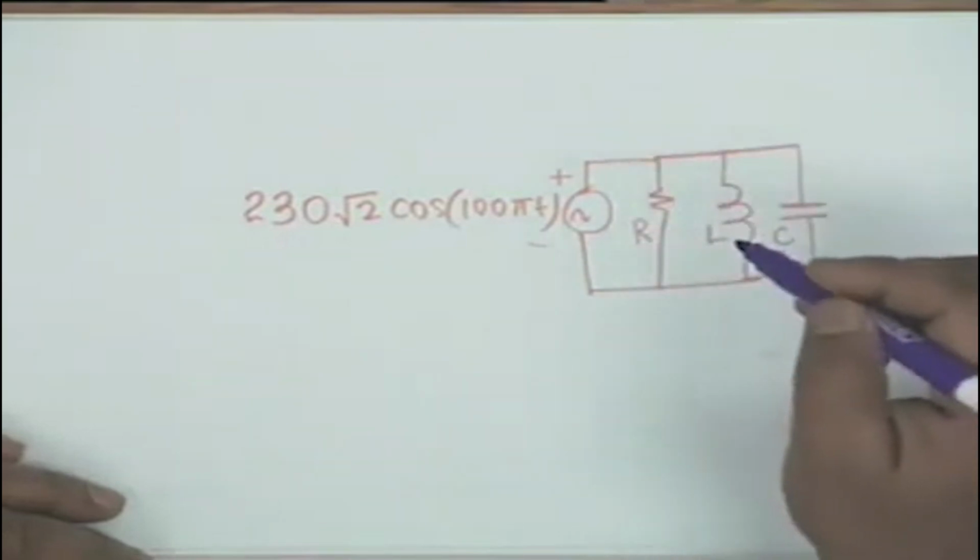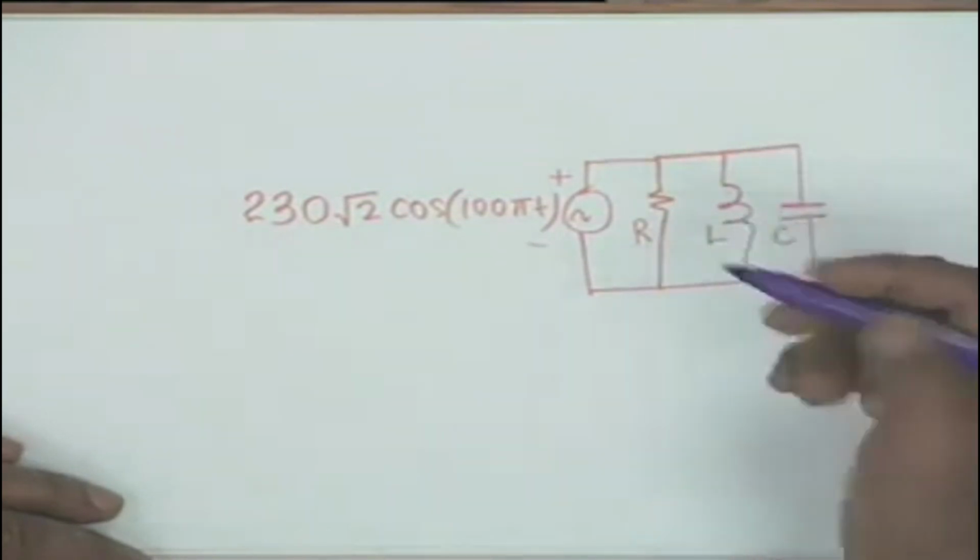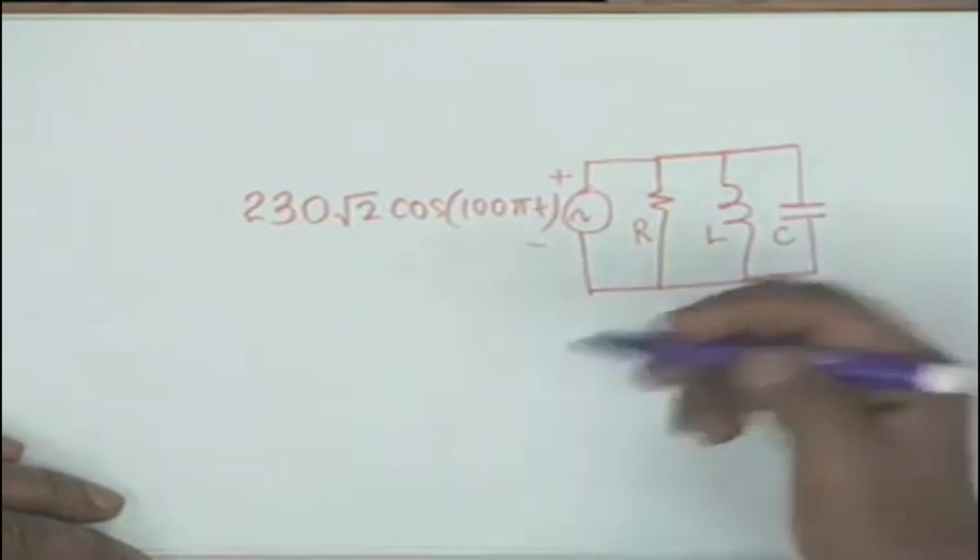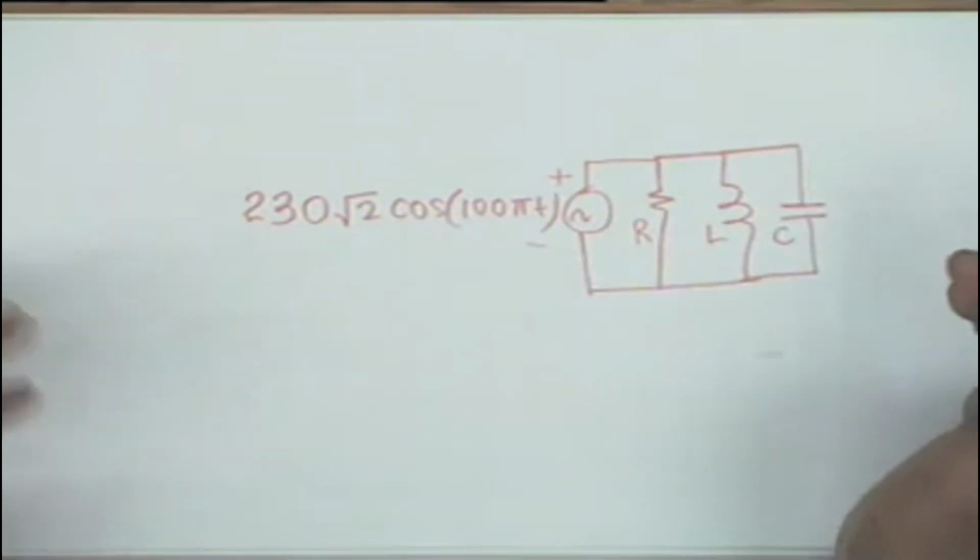If I represent the currents and voltages, all of them, by phasors, then the corresponding phasor of this would be 230,